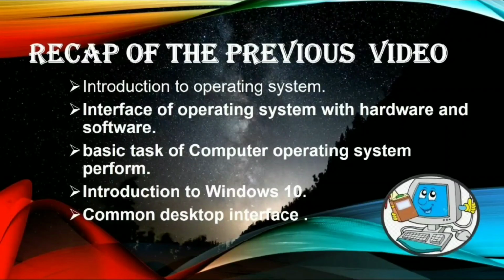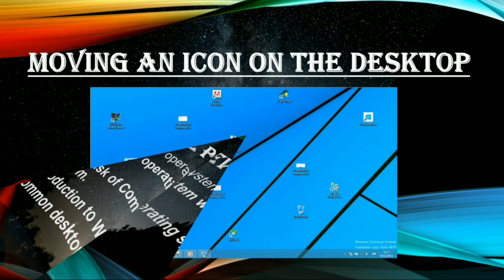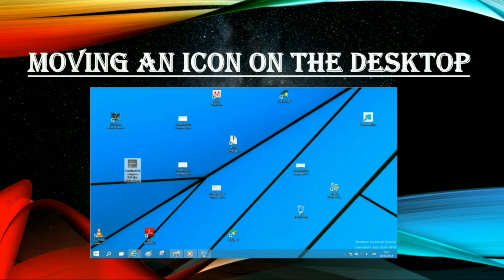In common desktop interface, we learned about 5 interface elements: start menu, icons, taskbar, search box and notification bar. So it's time to start our new topic, that is moving an icon on the desktop.